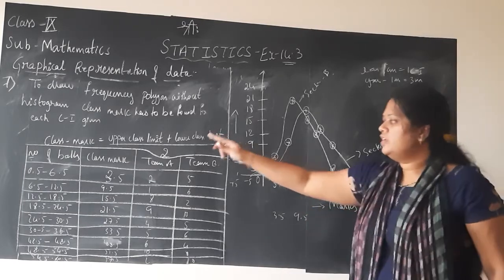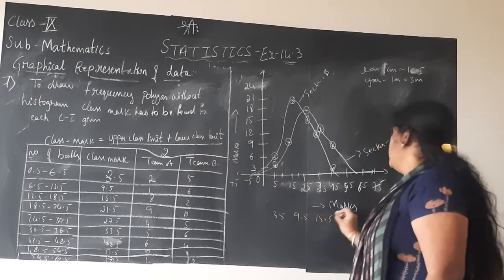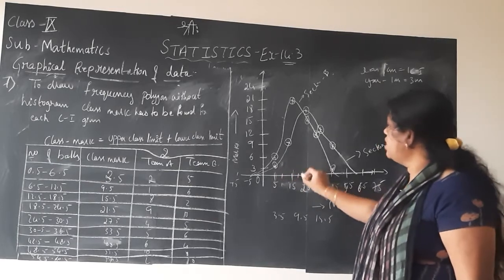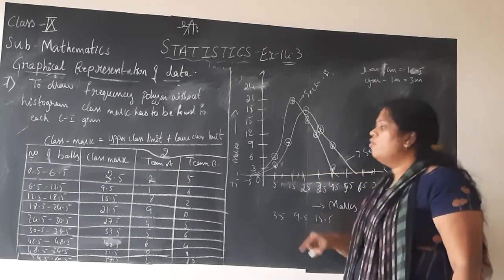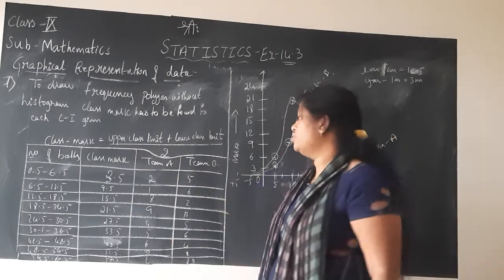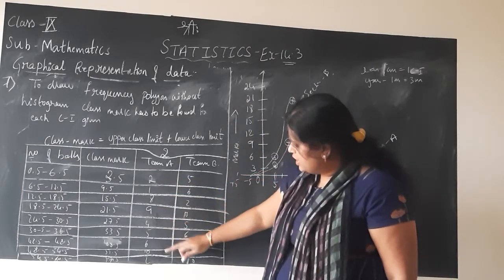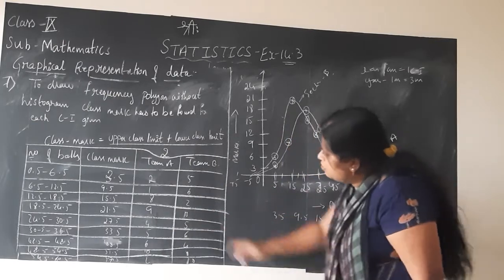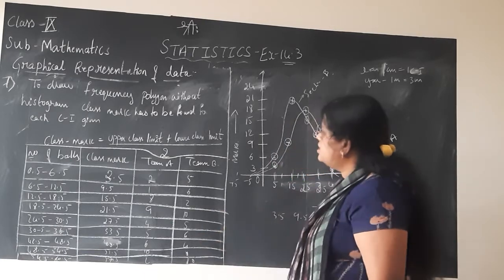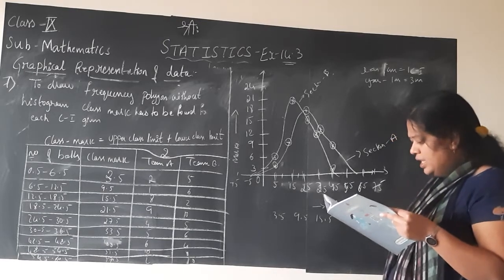After that, as always, you choose the class mark as the scale: 3.5, 9.5, 15.5, with 2 cm or 1 cm, however you want. You can choose the class mark itself as the scale on the x axis. For the y axis, you should check the frequencies of team A and team B before choosing the scale. This is of the previous problem, don't refer. 1 2 8 9 4 5 6, almost the least is 1 and the highest is 10. 10 is the highest, children.